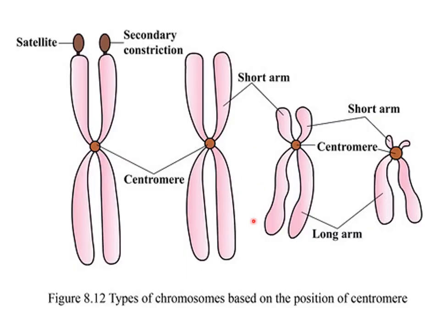Now, with the help of this diagram, you can understand the structure of different types of chromosomes. There are different types of chromosomes based on the position of the centromere. As we are talking about the centromere, that primary constriction which is present in the chromosome is called the centromere. So based on the position of this centromere, there are different types of chromosomes. These are different shapes of those chromosomes.